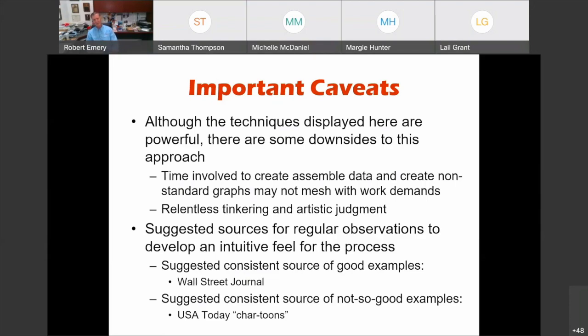Conversely, probably some of the worst examples I've seen are in USA Today. They actually have a name for those charts that they have on the lower fold of the front page of the paper. They're called chartoons, and they violate every precept of good data displays because they'll have number of avian flu deaths and it'll be a bunch of chickens stacked up or something like that, something ridiculous. So if you want to see some really good examples, go look at the Wall Street Journal. You want to see some bad examples, look at USA Today, and that'll get you heading down the right pathway to having some good data displays.